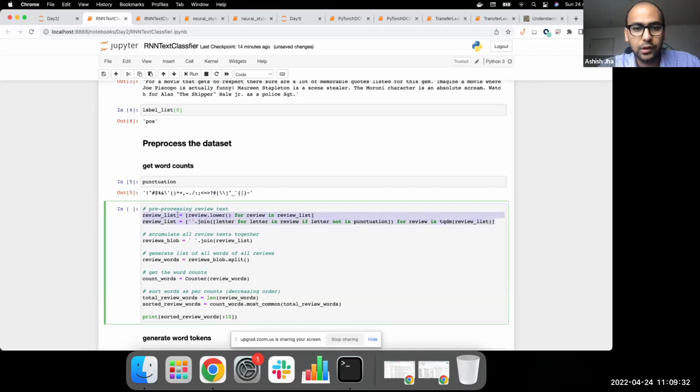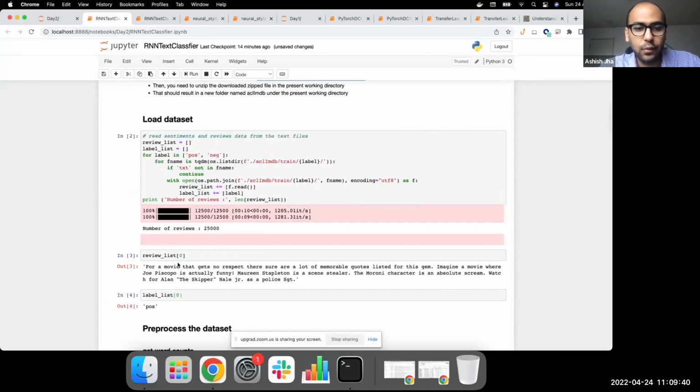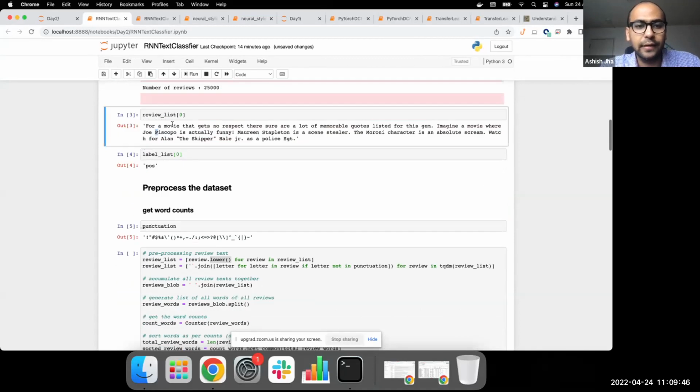We remove the punctuations in this step, and we lowercase the entire review text, because the machine learning model does not care about wherever you have the capital letters. We just want to reduce it into a standardized form.